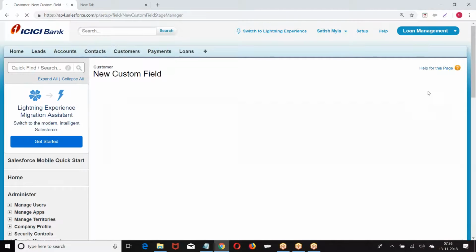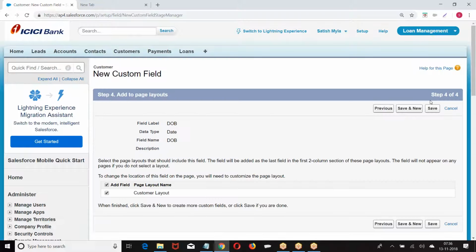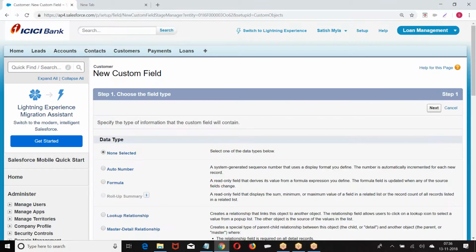I told you my customer can be a person or a company. Entire data I will be storing, so all types of data I have to collect regarding the person as well as the company.